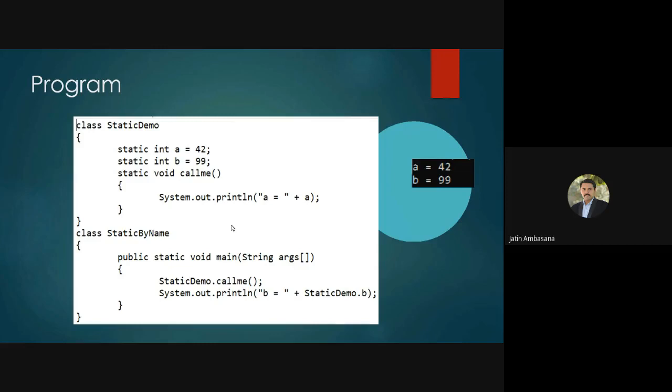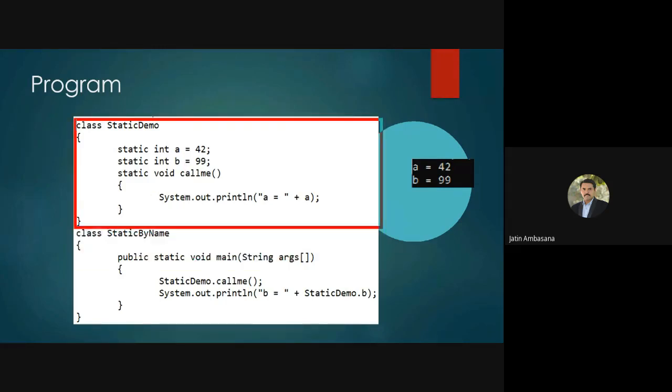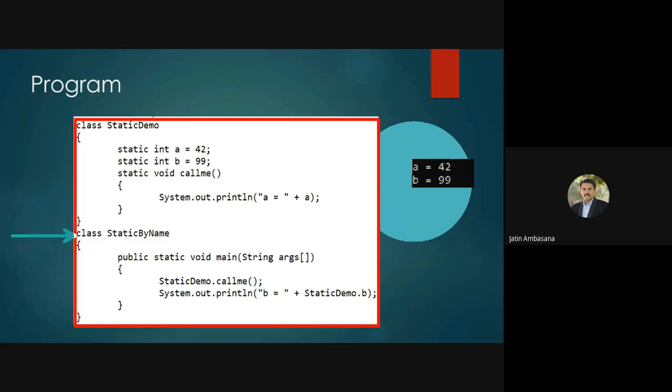See, this is a program. This is a very simple program. Check this out. What does this program do? It defines two classes. One is StaticDemo, another is the class that tests it. So this class will be running, and this is the class that it tests. What does it do? It says StaticDemo.callMe. So from here the control jumps over here, which is a method, but not an instance method, it's a static method, right? So you can directly call it by the class name.